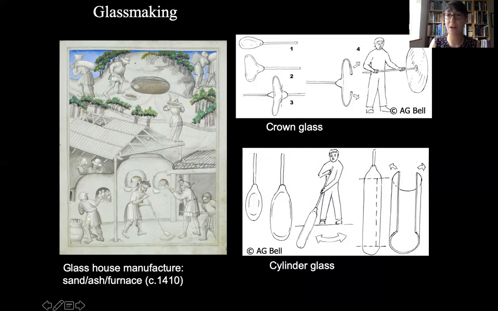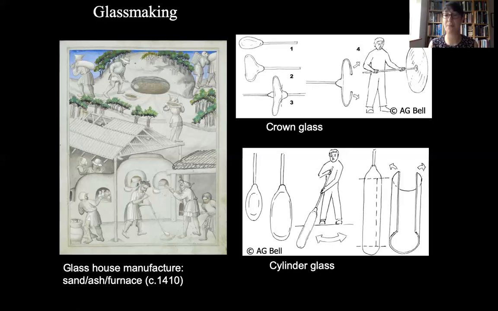We have the glass blower who picks up the molten gather of glass on his rod. Glass, of course, being heated up sand and ash to a very high temperature. And with the glass blower's rod, he can blow and spin the pipe to get this crown glass at the top there, which is a centrifugal force which forces the spinning of the glass into a spun disc called a crown disc. Or the cylinder glass method, which in the picture below, you will see the glass blower blows and